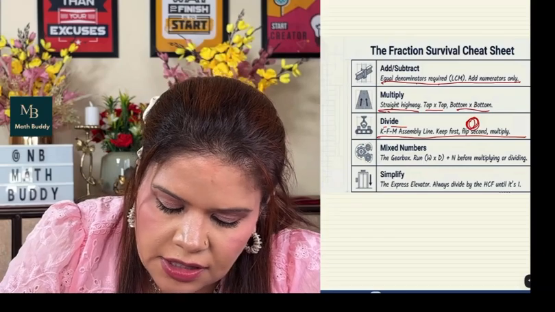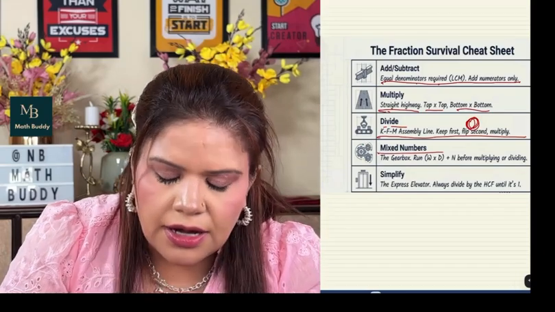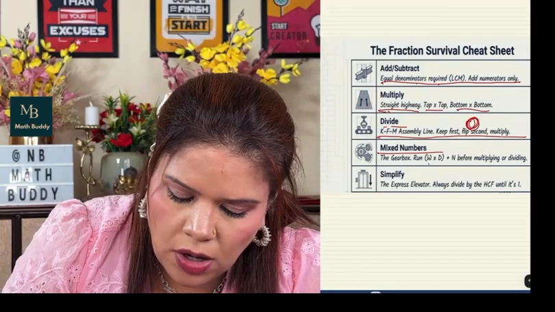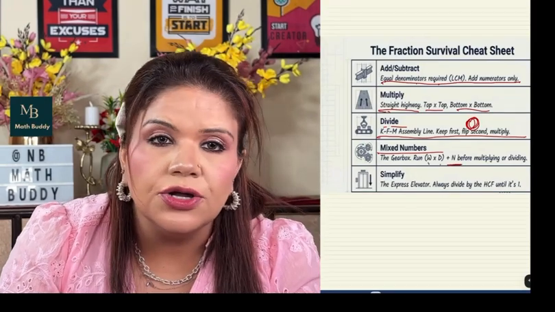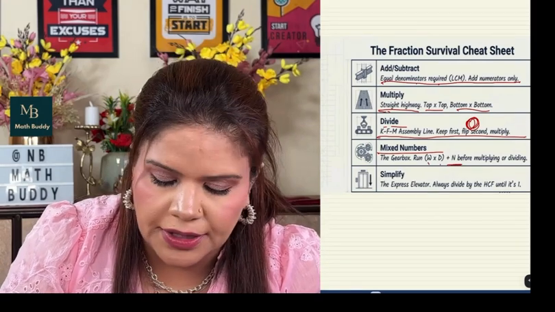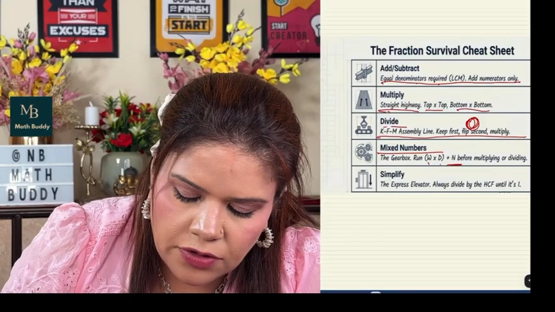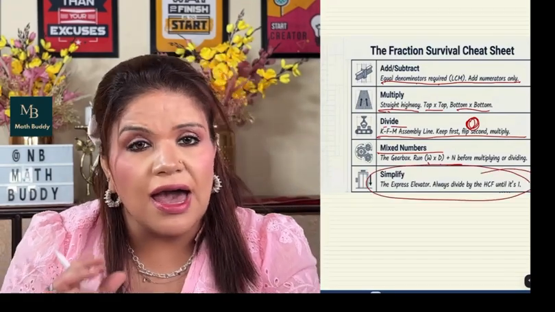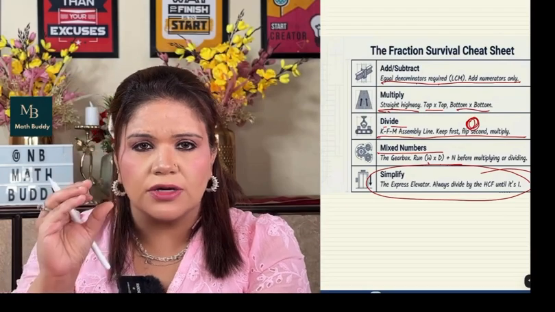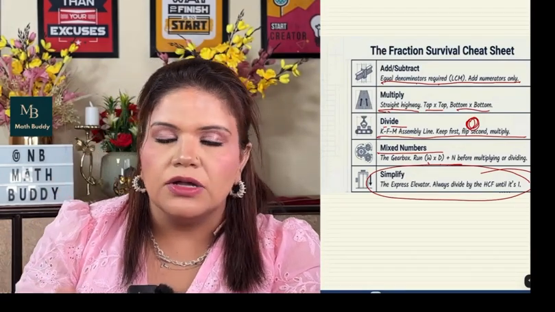And for mixed numbers, you will multiply the whole number with the denominator, and then add the numerator, and the denominator will remain the same. And for simplifying, you need to find the highest common factor. I have given you one shortcut method for finding them out correctly and not getting in